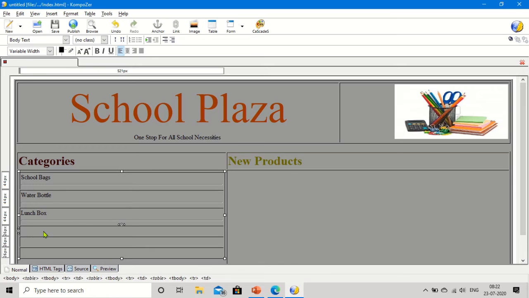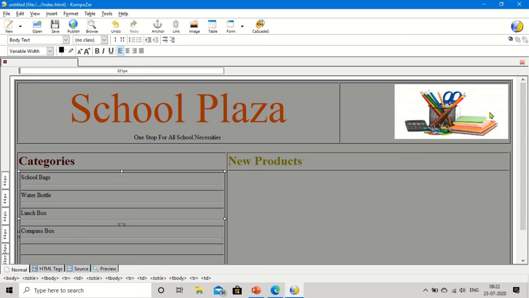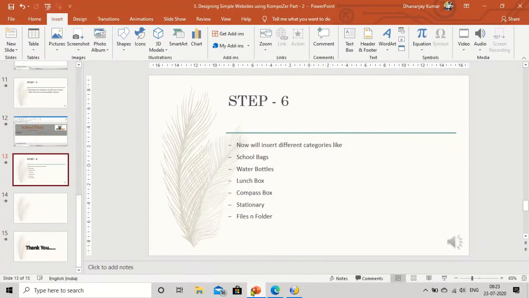Then we have compass. Insert horizontal line, go to insert and click on the horizontal line. After the compass, let me show you what we have. We have stationery.